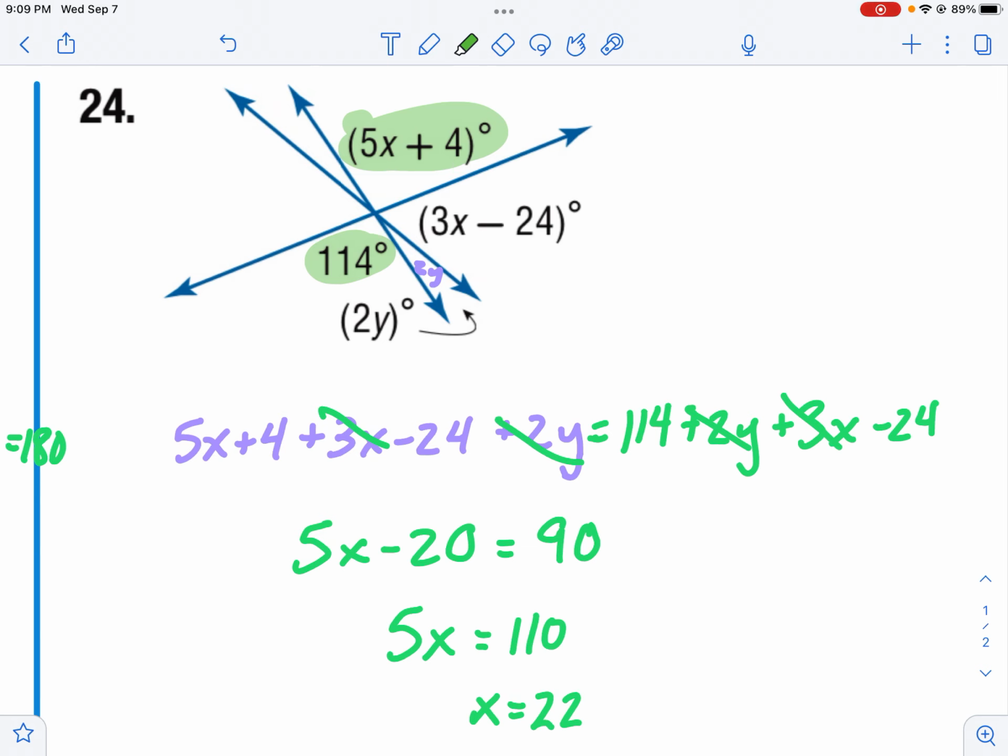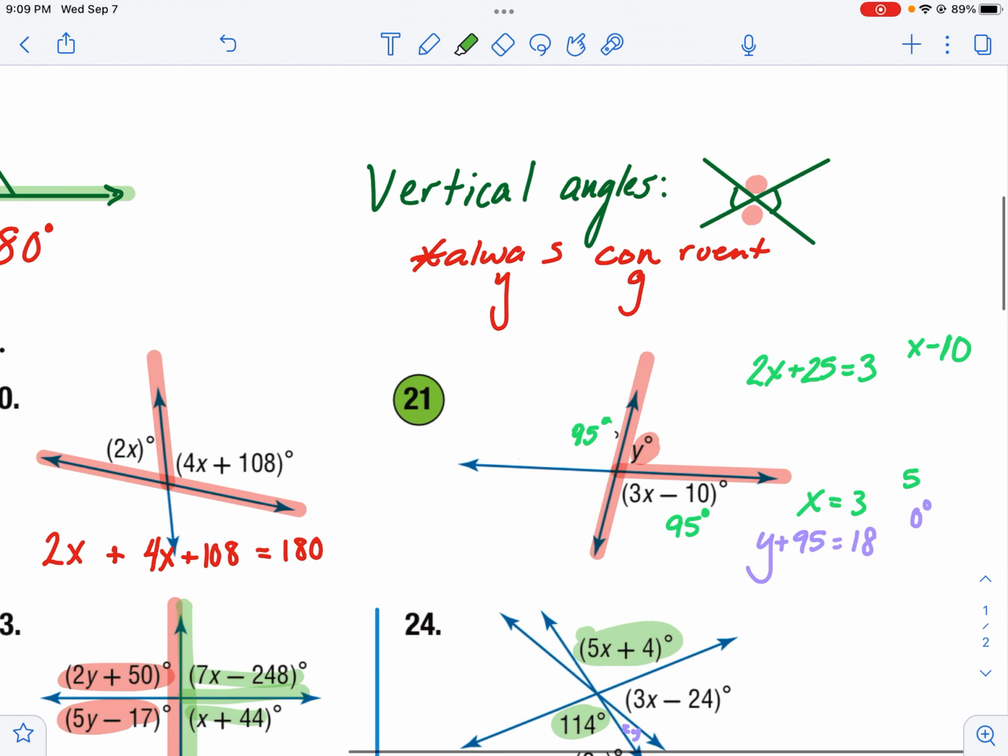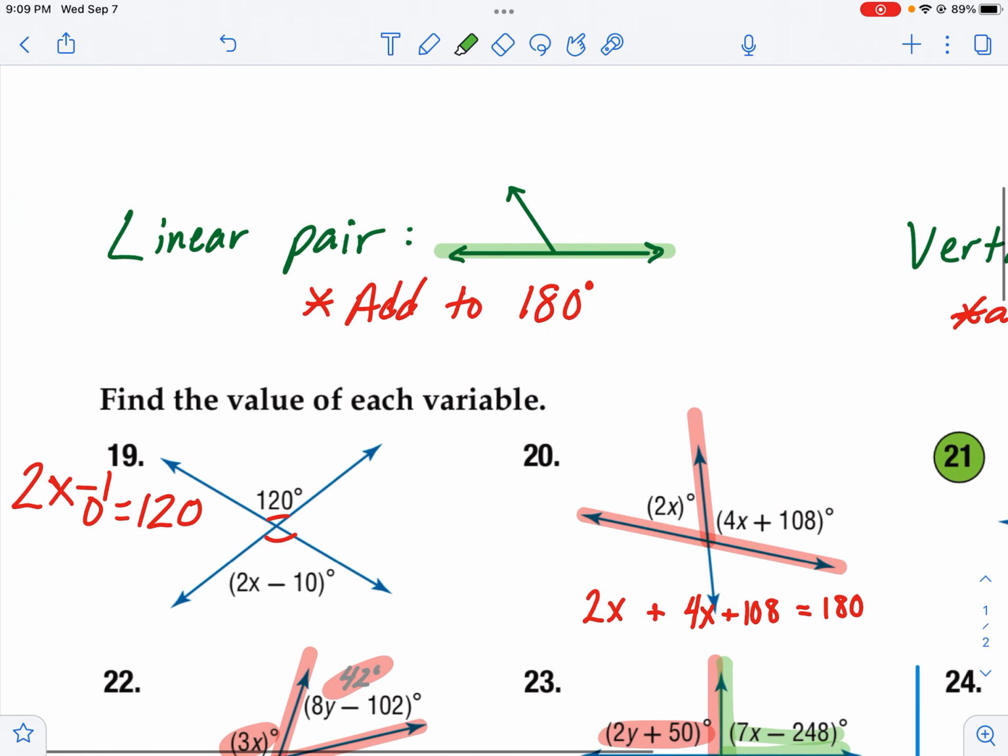It just takes a little bit of time and a little bit of extra effort to seek out some of those vocabulary words, some of those angle pairs, and to study the definitions of our vertical angles and our linear pairs. Let me know what questions you have, and I'll